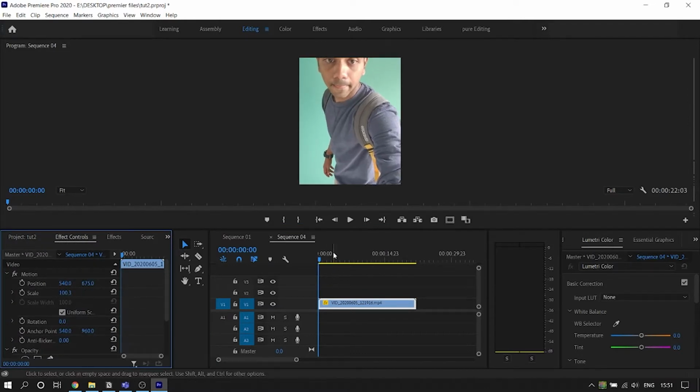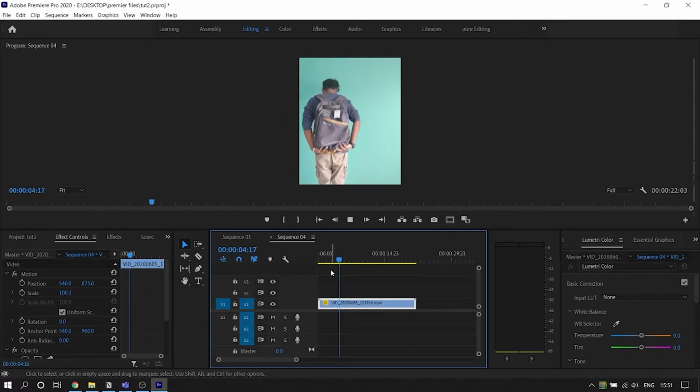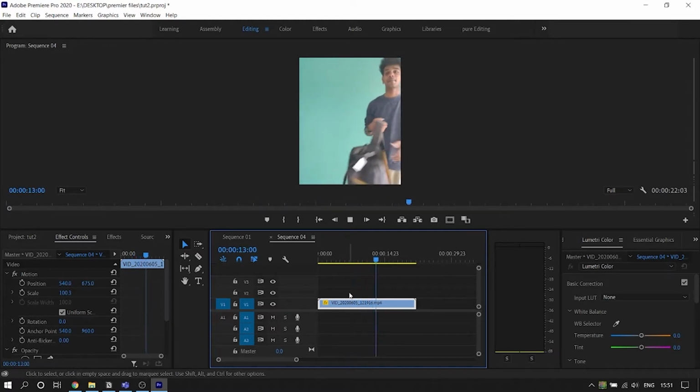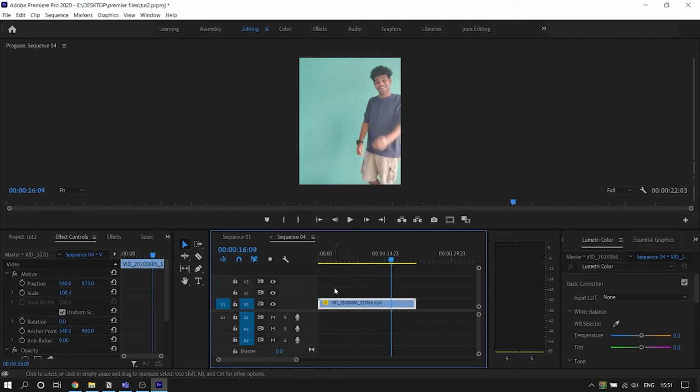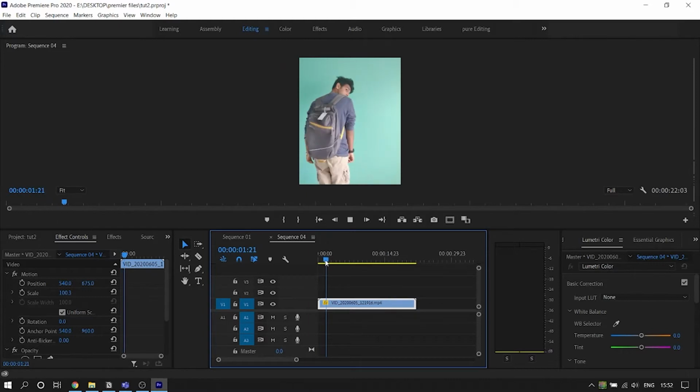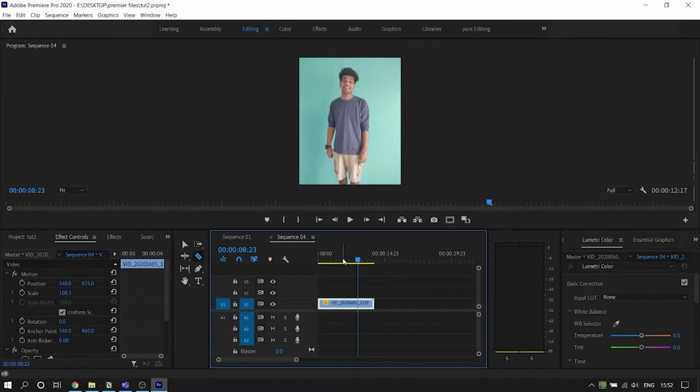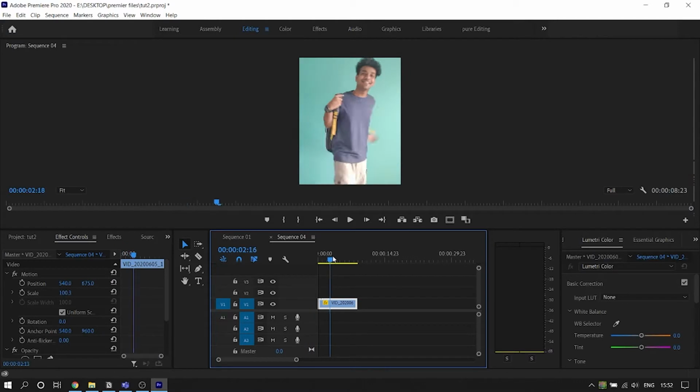Now personally I only want to use the green part of it because I want to use the wall as a green screen, and I would suggest you guys also to shoot it on a green screen so that it would be easier to edit out and mask. Alright, so I guess yeah, this is our clip. Now first let's cut out the important part only. So here I come and I jump. Yeah, this is the right place to cut it. Alright, so now we have our working clip here.